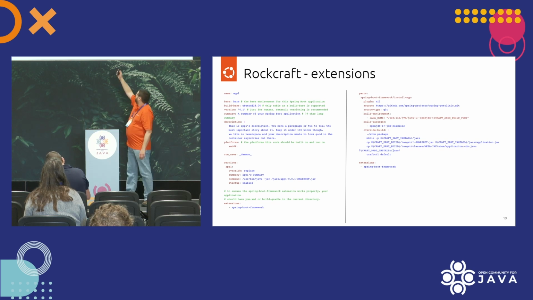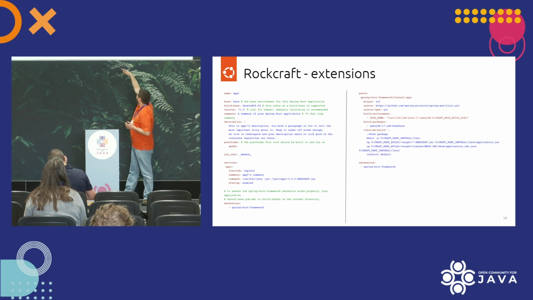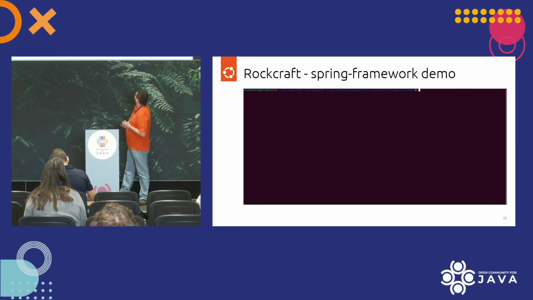And if you want to override something, well, you have a set of predefined names for the parts. So if you want to build Spring Clinic your own way, then you can override it and specify your own build instructions. So here is a small demo of